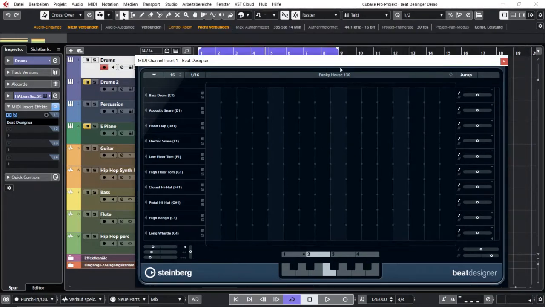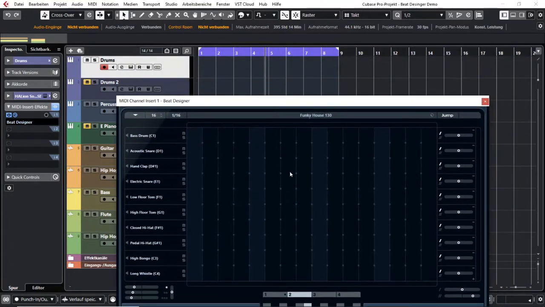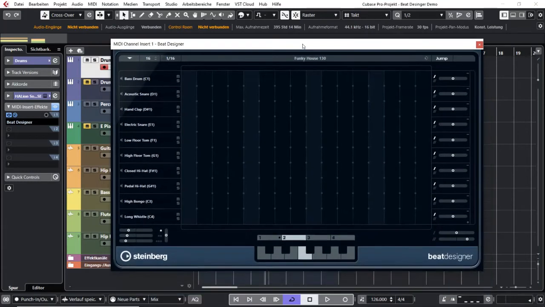So what Beat Designer now does is, I now have inserted it here on my drum track, and as soon as I start my playback, Beat Designer will start to play this loop, which you can see here in the main window. Now you can hear nothing because nothing is going on, but as soon as I click here,